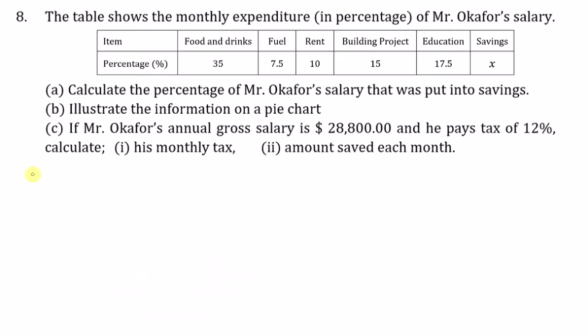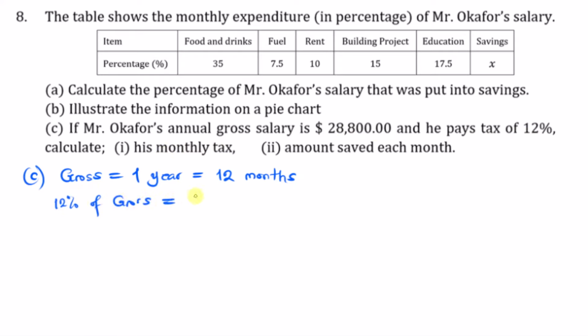All right. Now in this third question, we are told that if his annual gross salary is $28,800 and he pays the tax of 12%, we have to calculate his monthly tax and the amount saved each month. Now when we are talking about his gross salary, that is amounting to 1 year, and that 1 year of course is 12 months, because 12 months make 1 year. So if you are now talking about 12% of his gross, that will be 12% of gross, which will be 12